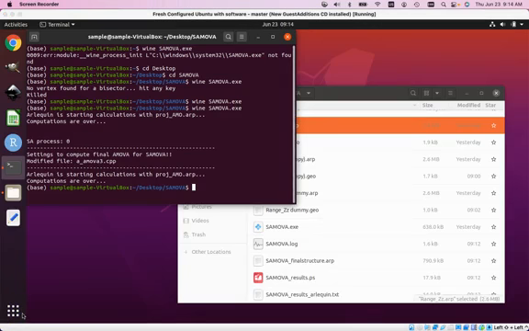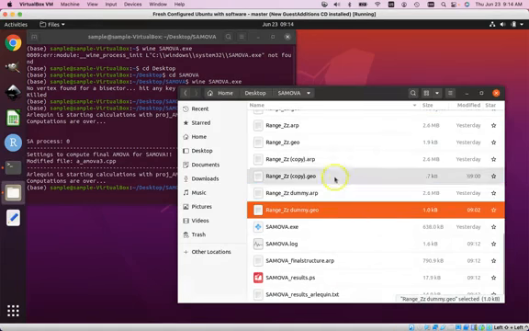Yet a third problem I forgot to mention is it's possible that his sequences are too long. So maybe he has too much sequence data. So maybe it's not the number of specimens, maybe it's the length of his sequences that is causing SAMOVA to choke and give a weird error message. So to troubleshoot, one thing that I did